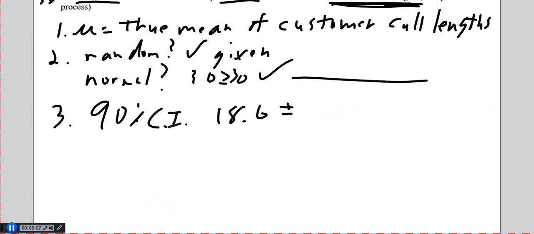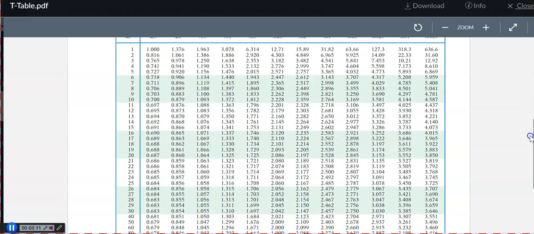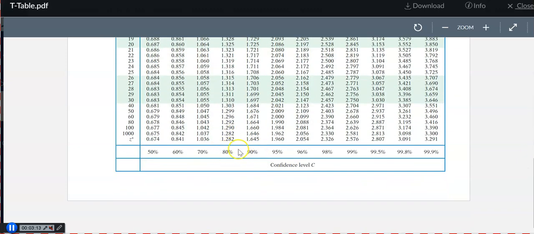Okay. So we use our chart, which is in announcements again. Okay. Now, 90%, right? Now we're going to go up and look for our number. Now remember, the number we're looking for is n minus 1, the degrees of freedom. So how many people were in the study? 30, or in the phone calls or whatever, 30. So we don't want 30, we want to back up 1 to 29. And where does 90 meet? Right here at